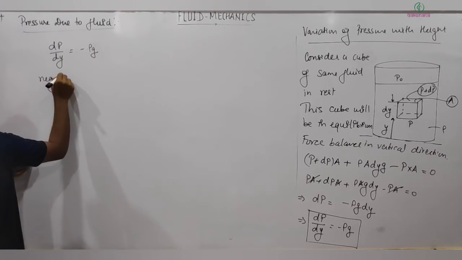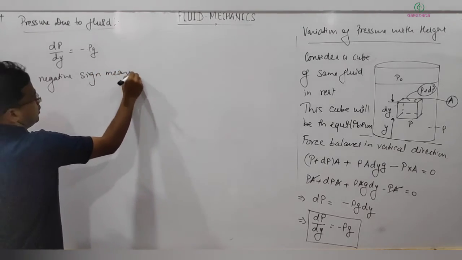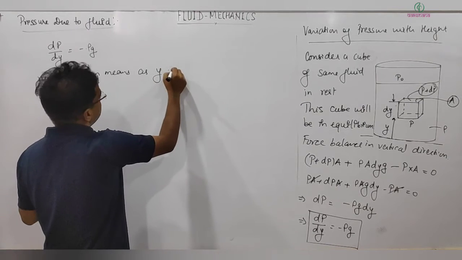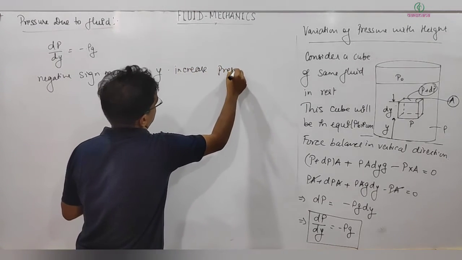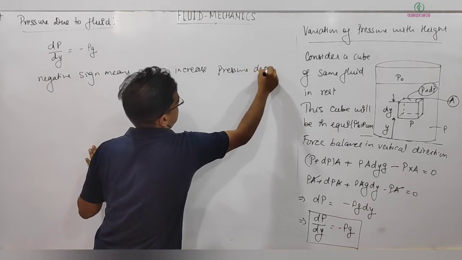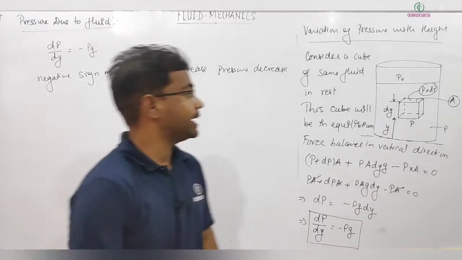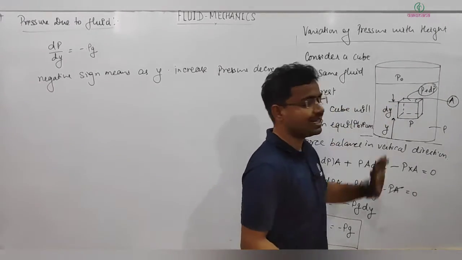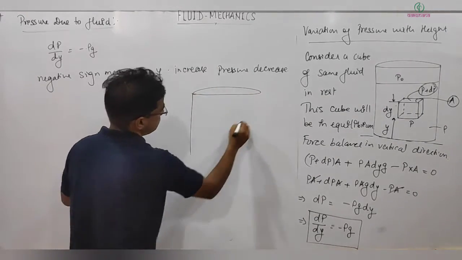Negative sign means as y increases, pressure decreases, right? Next, I can also calculate from the top, at a depth of h, what the pressure will be, because